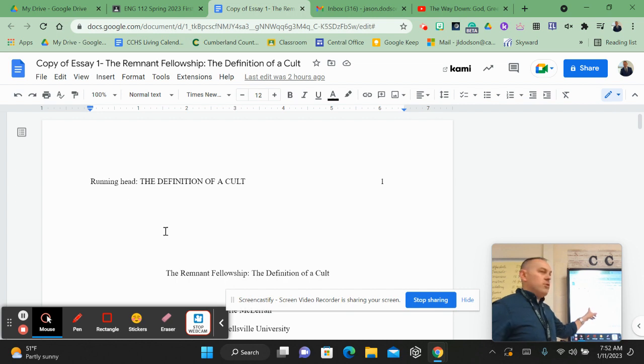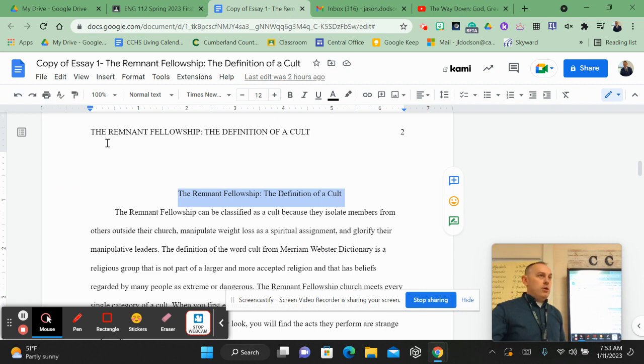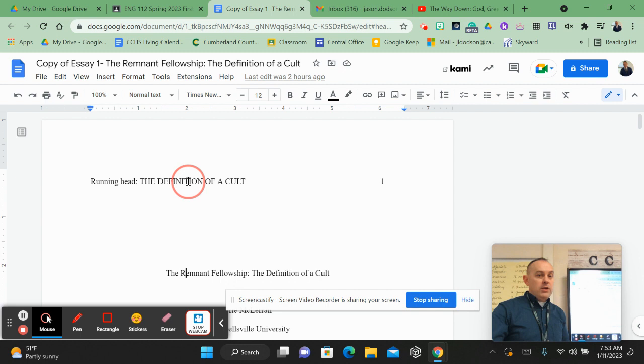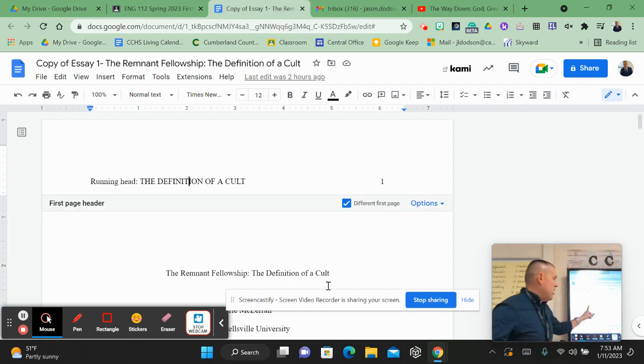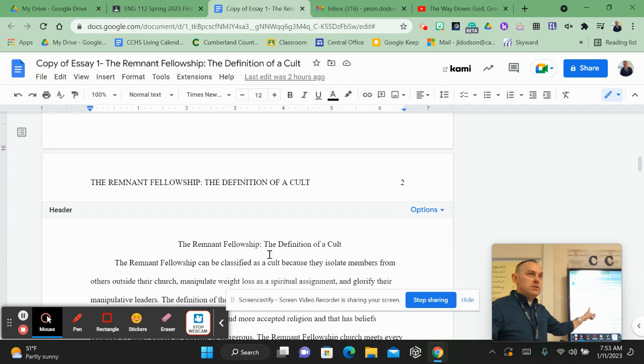And so that's why I've given you that example. And you leave running head just on page 1, but on page 2, it doesn't show up. That's why we clicked that button that said different first page. So that's why we clicked that, so that we can have running head on page 1 in the header, but not on page 2, 3, 4, and subsequent pages. So that's how you make that happen.